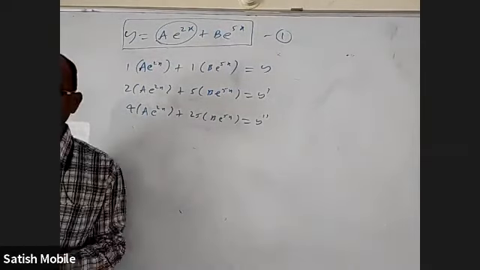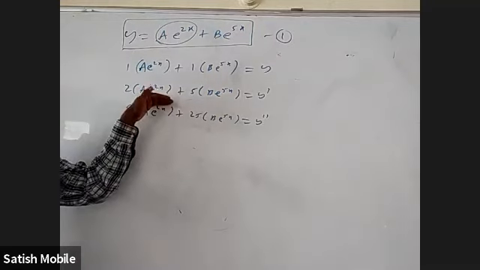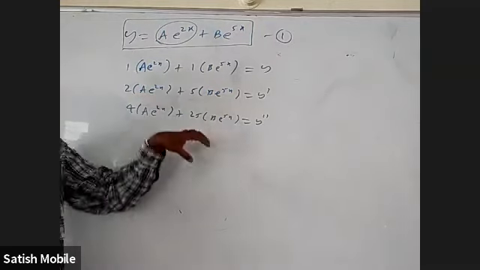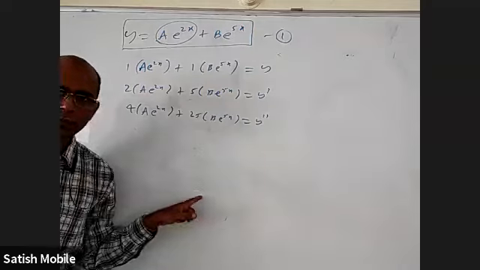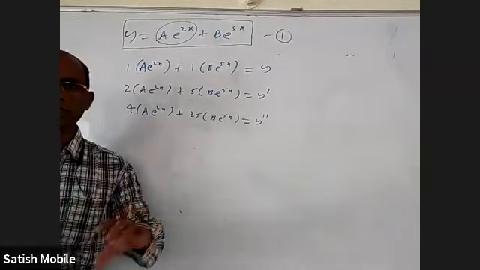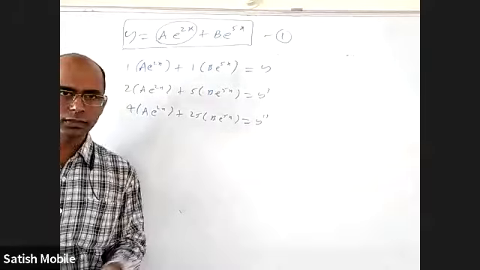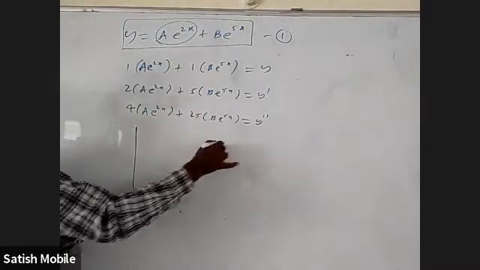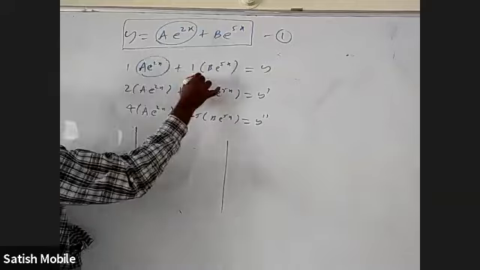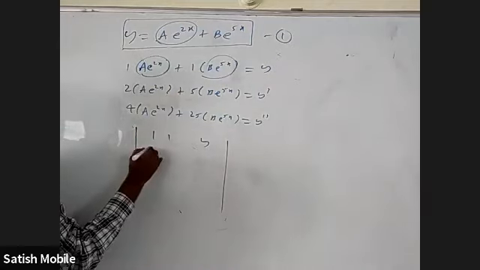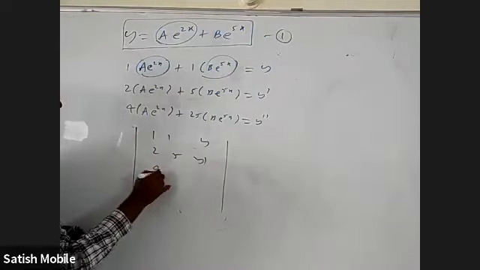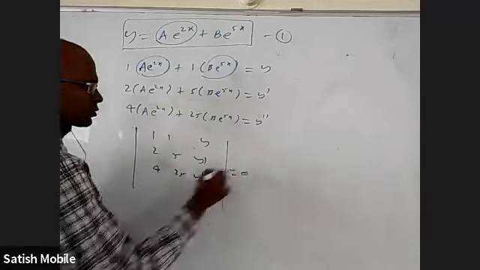I did this in the previous method. I solved two of them, found what this is, and substituted here. Based on what I explained just now, solving two equations and substituting in the third equation is nothing but the determinant expansion, right? So you can straight away do this. Take this as one variable, this as one variable: 1, 1, y; 2, 5, y dash; 4, 25, y double dash equal to 0. That is the answer.